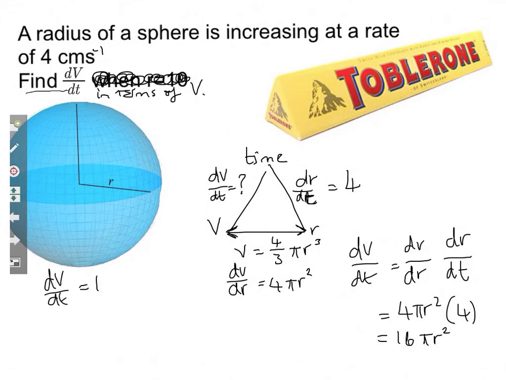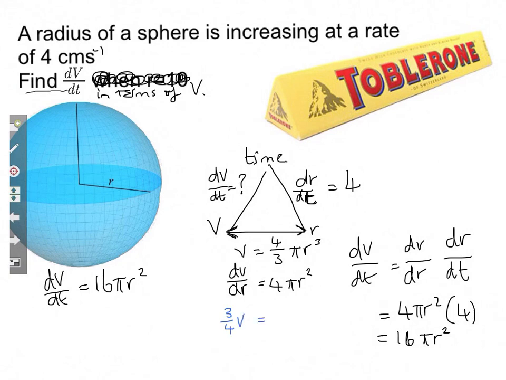is equal to 16 pi r squared. Now that is not in terms of t, that is clearly in terms of r. So what we're going to do, and this is why this own bit of the Toblerone is really important, because it connects the two things that are changing as time changes, the v and the r. So if I want my dV by dt to be in terms of v, all I have to do is take this bit that you did on your own and rearrange it. So I'll get